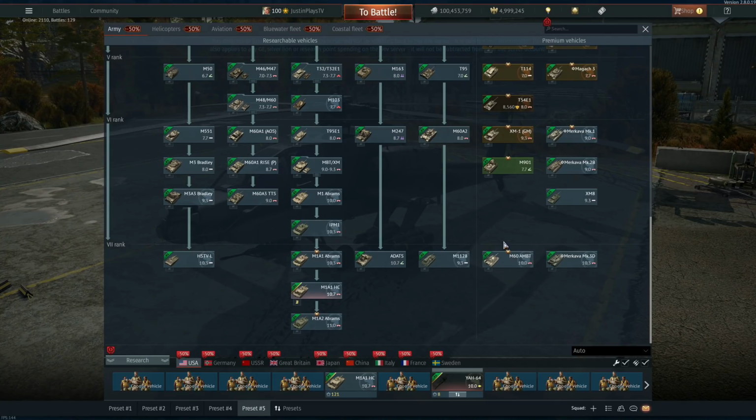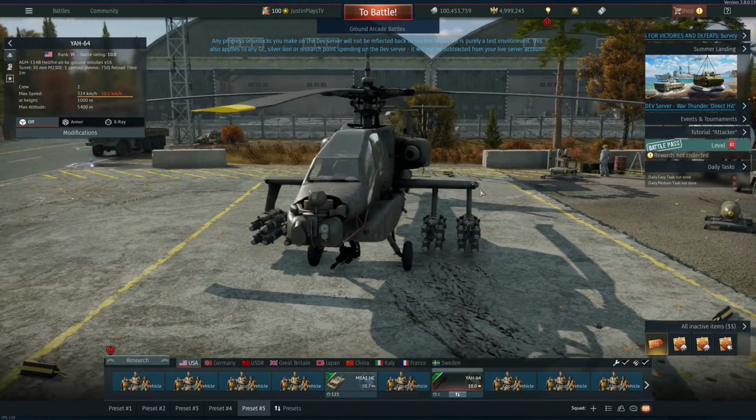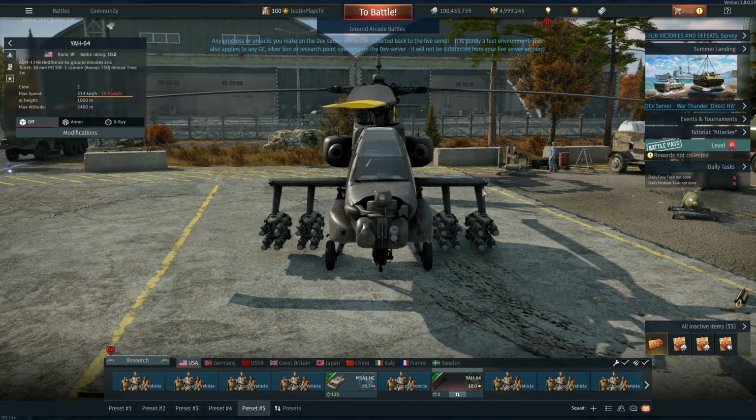I cannot tell you, unfortunately, how much it's going to cost. I think it's going to be about 490 or 410,000 squadron points. That is my guess, okay? I was given this vehicle, so I can't really tell you. I'll tell you once it gets into the live server, once we do the official review or overview of this vehicle. But aside from that, this is nothing more than a very, very basic